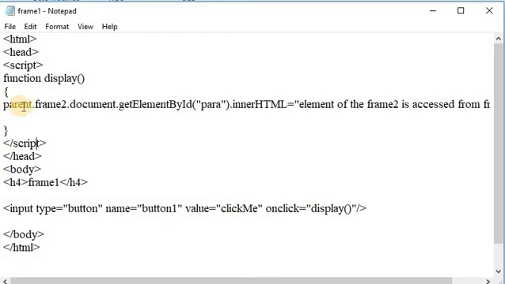For example, parent.frame2, where frame2 is the name of a frame. By using that, we access frame 2, and we can invoke the document.getElementById function. Here para is the name of the id.